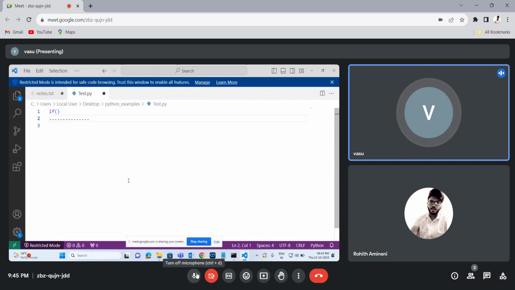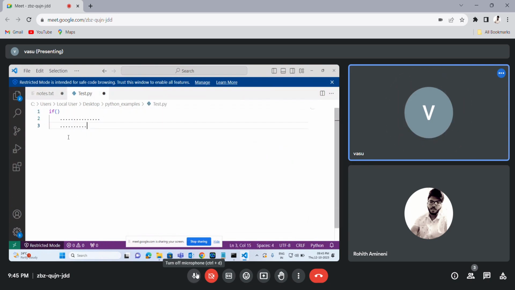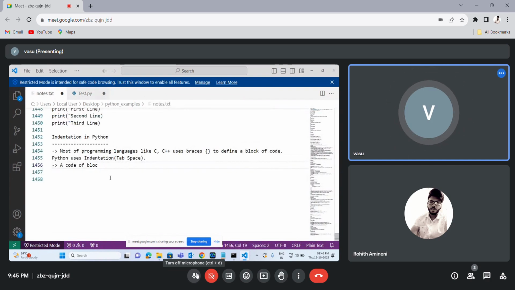See, I'm pressing just a tab. Tab means we have four spaces. Suppose one, two, three, four. Four spaces we call an indentation, nothing but a tab space. And the things in this indentation we call a block of code. A block of code starts with indentation, nothing but tab space, and